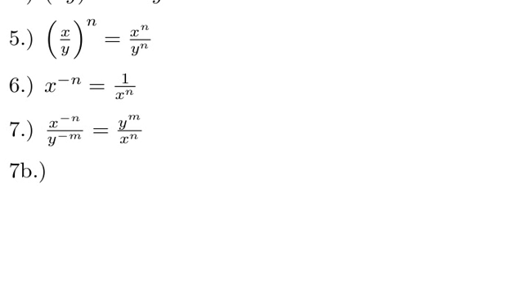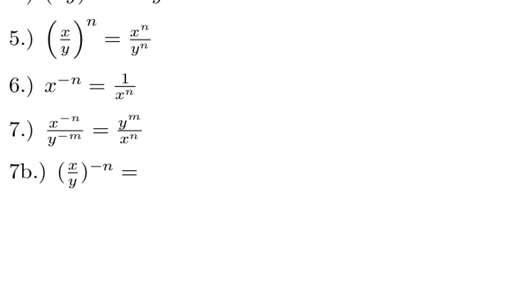Oh, whoops. I did not do this right. I'm using a markup language in real time, and sometimes it doesn't work out quite exactly like I'd like it to, but it seems to be the best way to do it so far. So we have (x/y) to the power of negative n is the same thing as